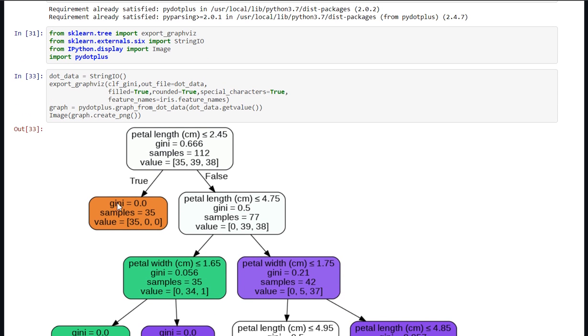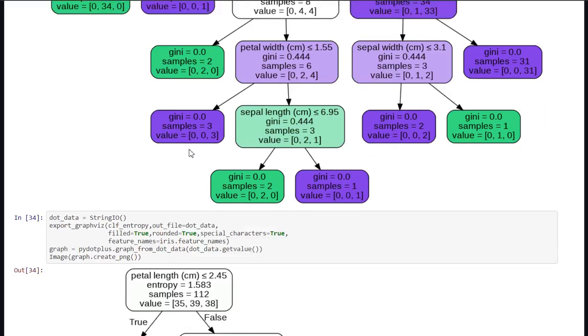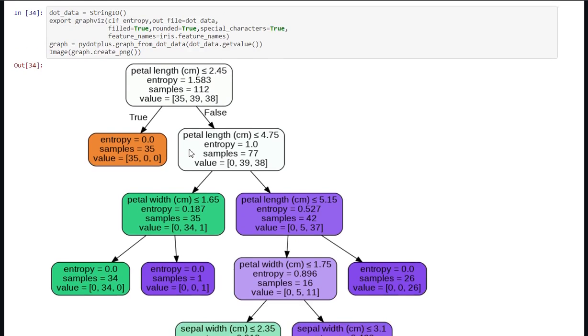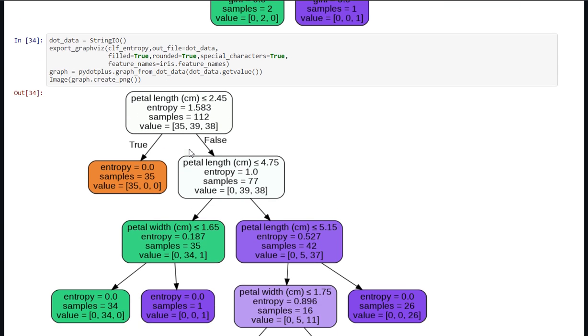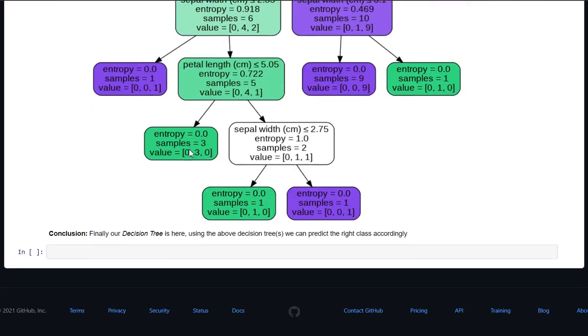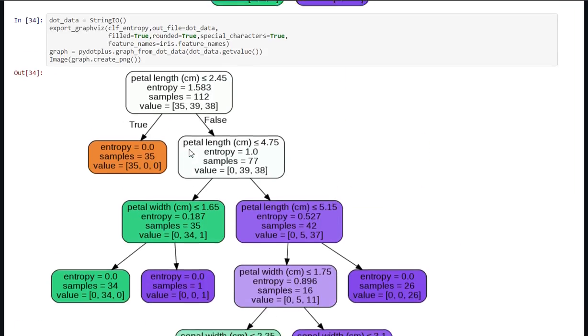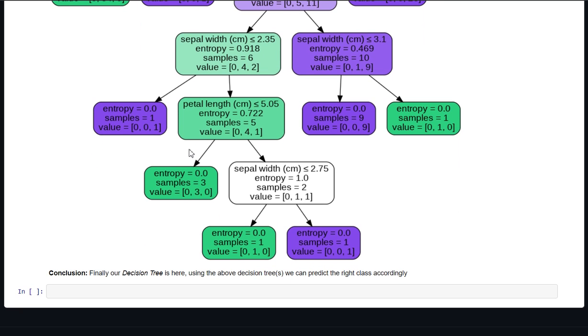This one is for the Gini criterion, and this one is for the entropy criterion. These are almost similar, but there's a little bit of difference.